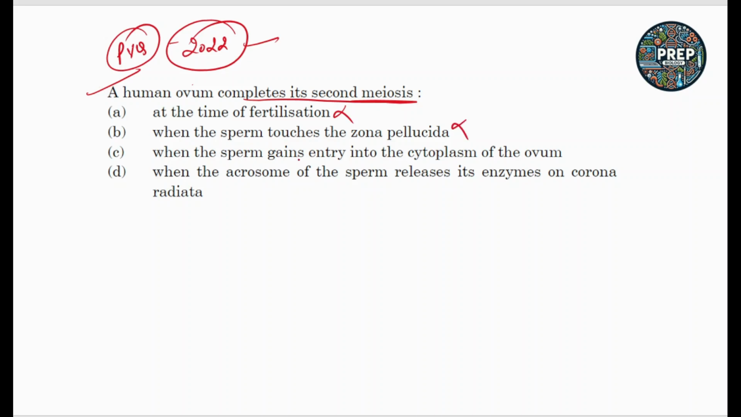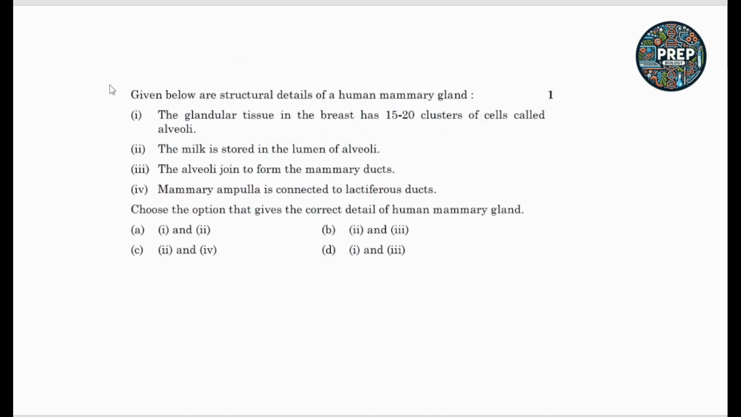When the sperm completely enters into the cytoplasm of the ovum, then the human ovum completes second meiosis. So this is the correct statement. These concepts we have discussed in the classes. Okay, next question is,